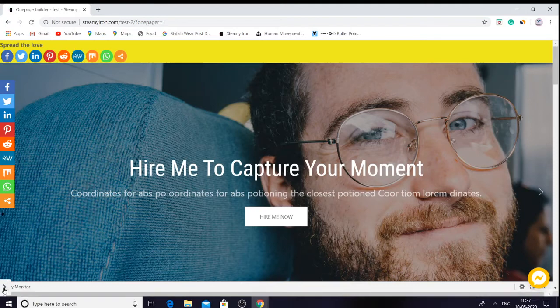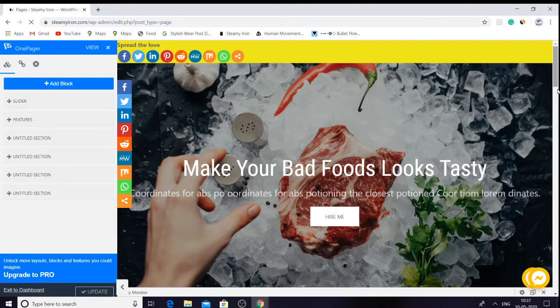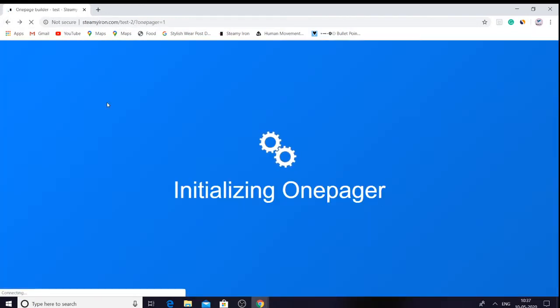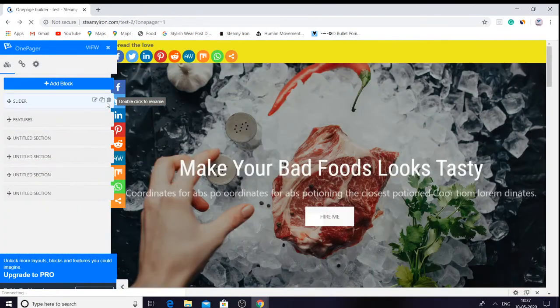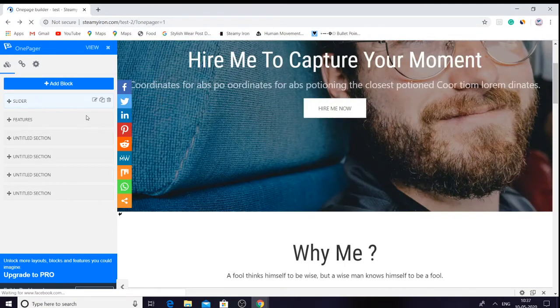Now bring up the tools. So here it is, like the slider.